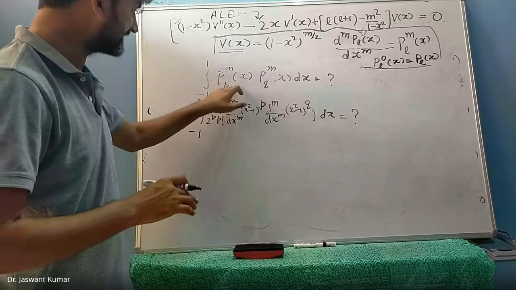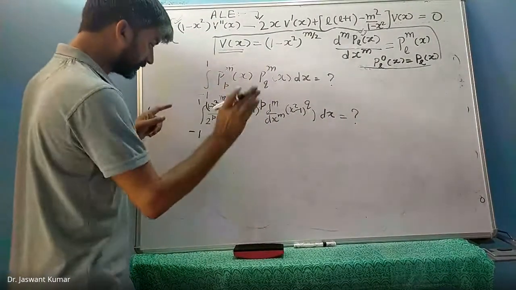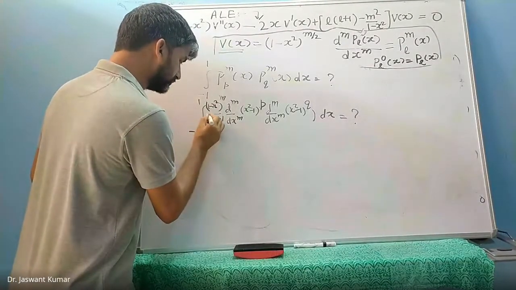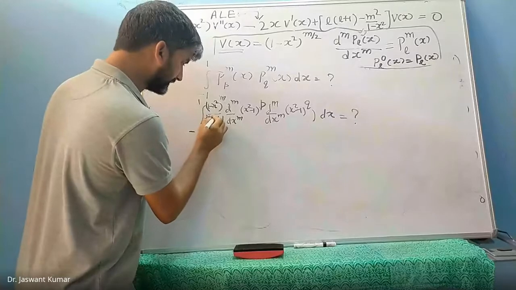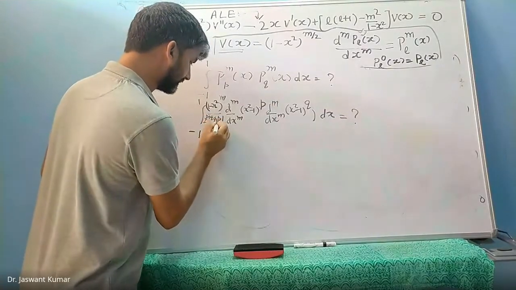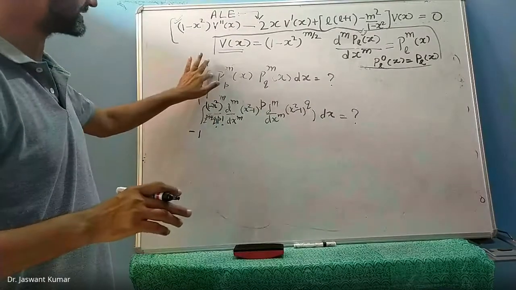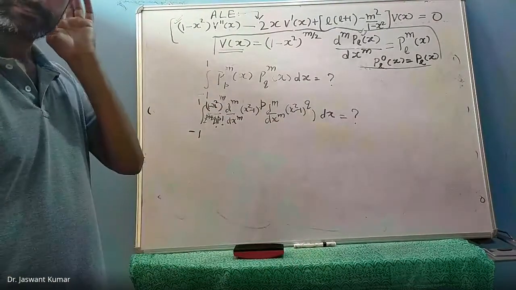Tell me. This and this are same, I claim. Okay, no, they are not same. This 2 to the power p will be 2 to the power p plus q. This p factorial, there will also be a q factorial over here. Now they are same. Now this term and this term are same.